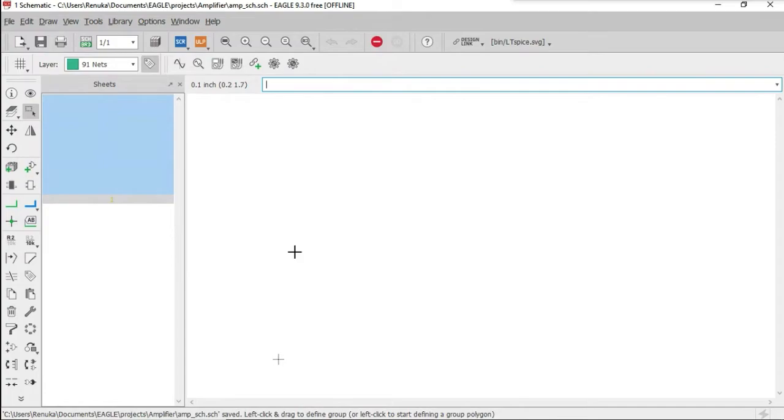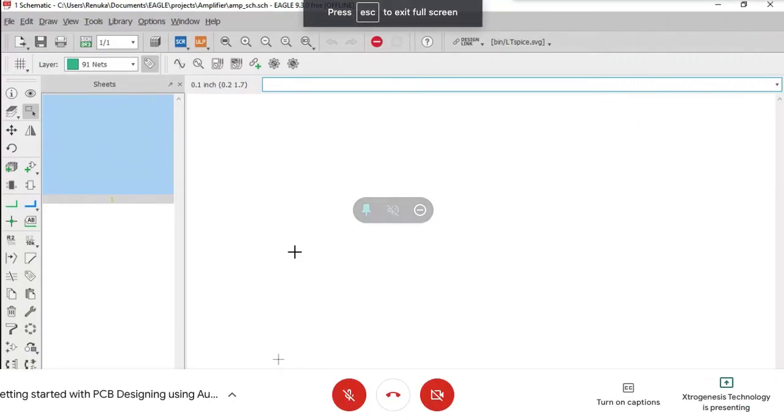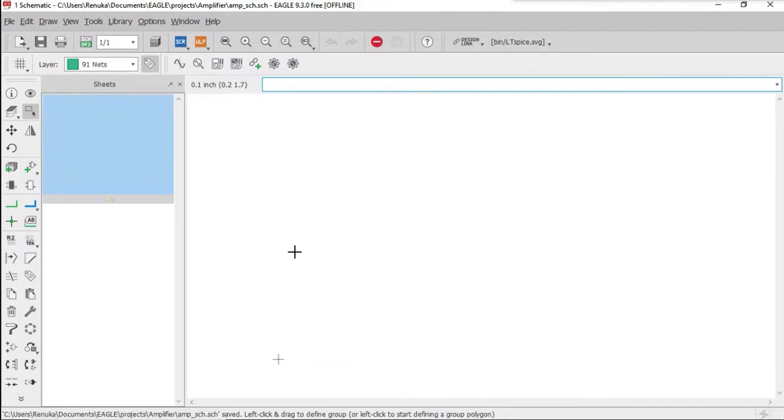Okay, I hope everyone has completed till here. I'll start with the designing of the schematic. Before that, I'll explain the circuit which we are designing today. Today we will be designing the